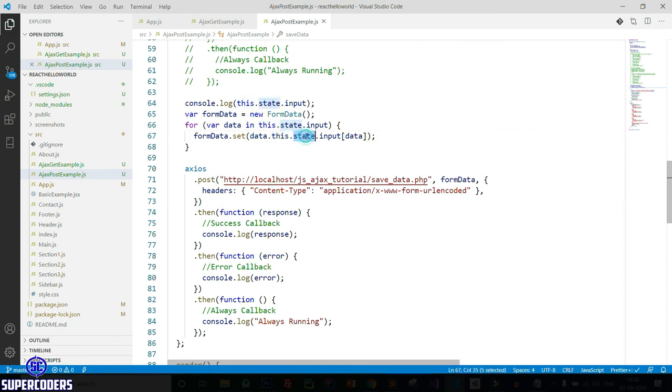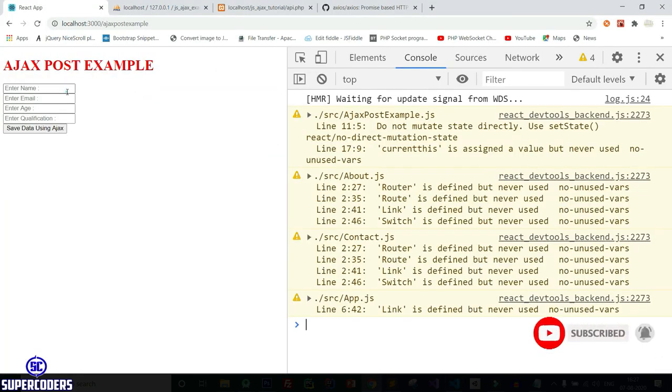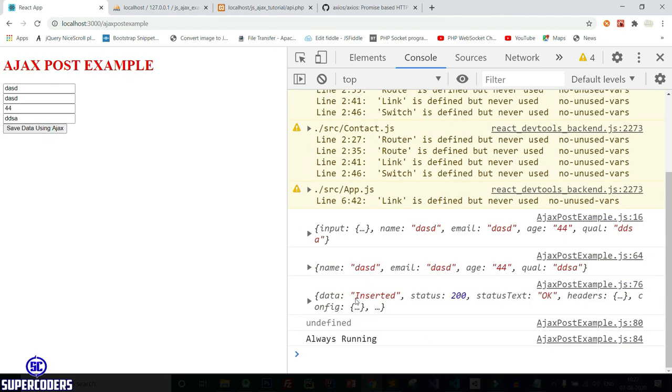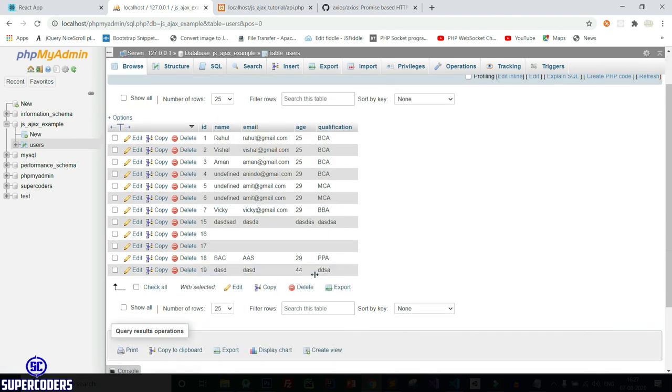This dot, okay, here is the error, a comma. Save it. Now try again. And you can see it gets inserted. If I click on this, you can see it gets inserted.